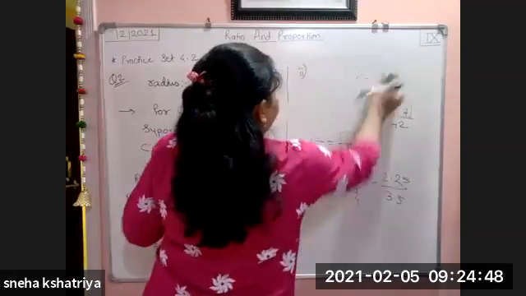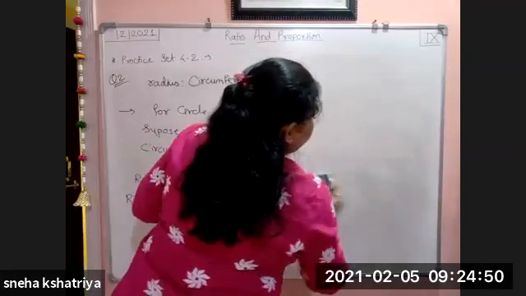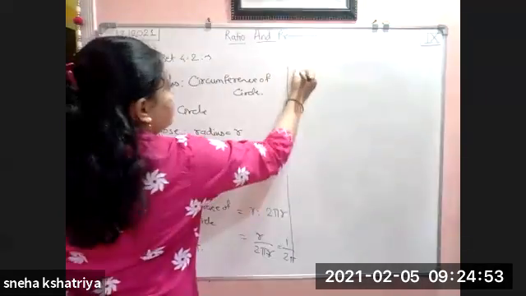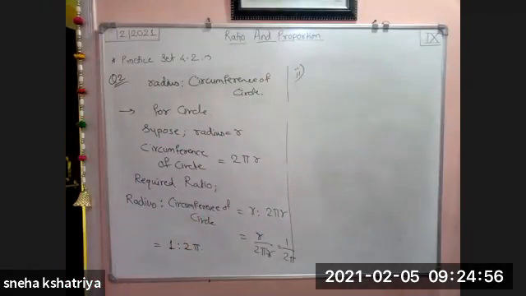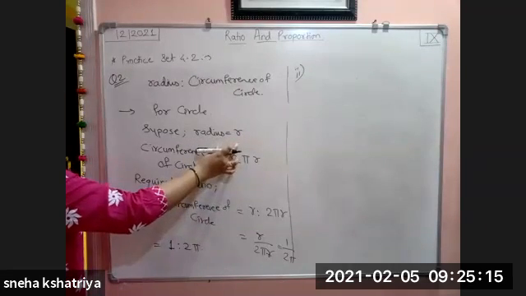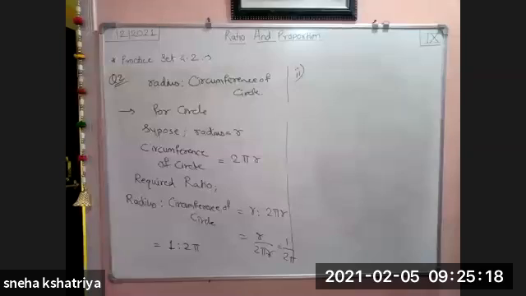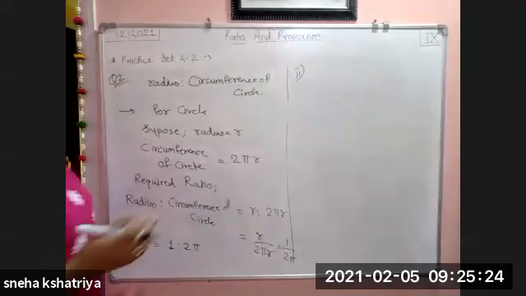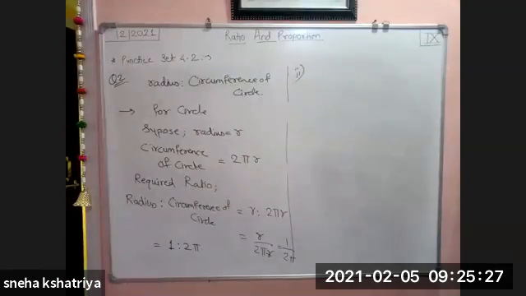Okay. Second one. Very easy kind of examples are there. You have to find out the ratio. Whatever the given statement is, from that you just have to find out the ratio. Second is the ratio of the circumference of a circle with radius R to its area. Here the radius R is already given. In the first question we supposed the radius is equal to R, but in the second question they have already given that the radius is R. And we have to take the ratio of circumference to its area.